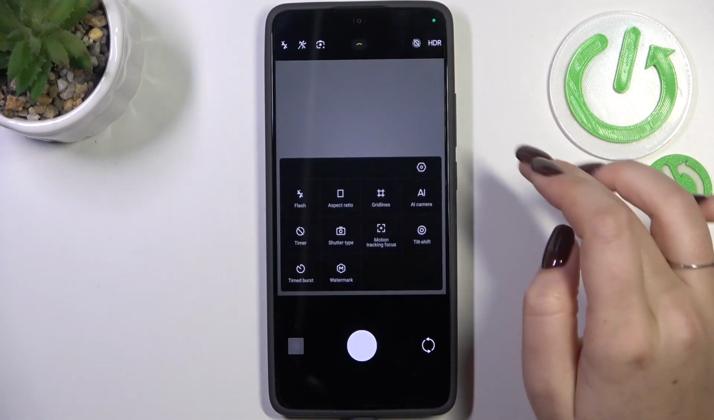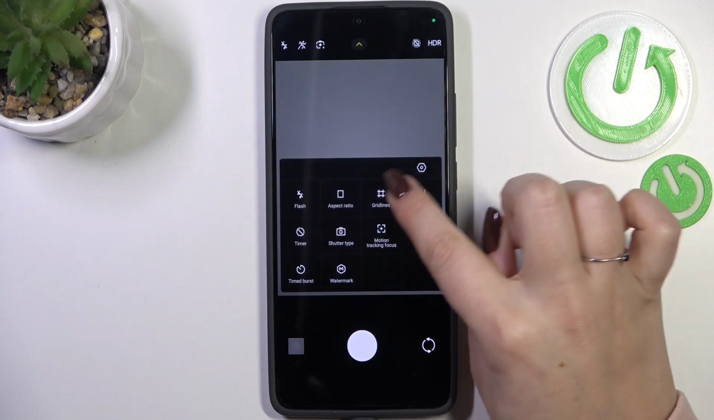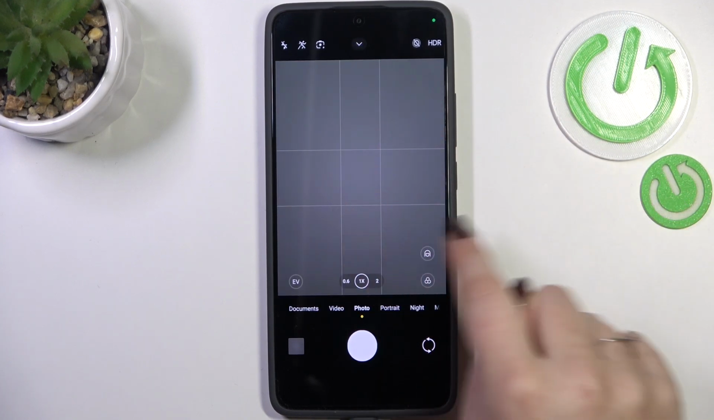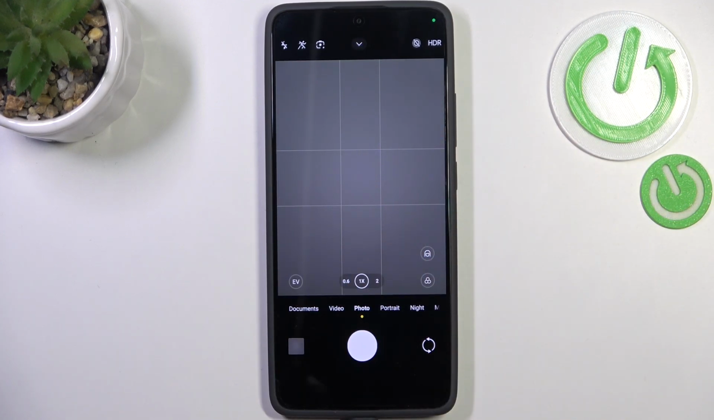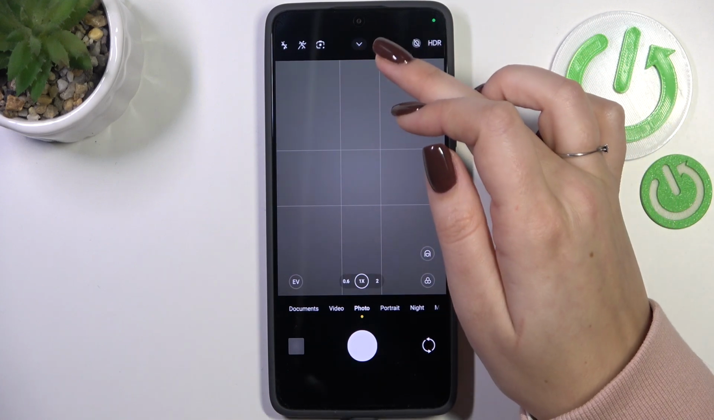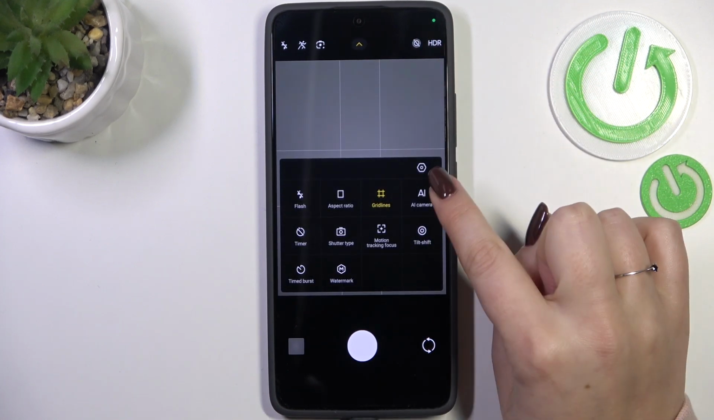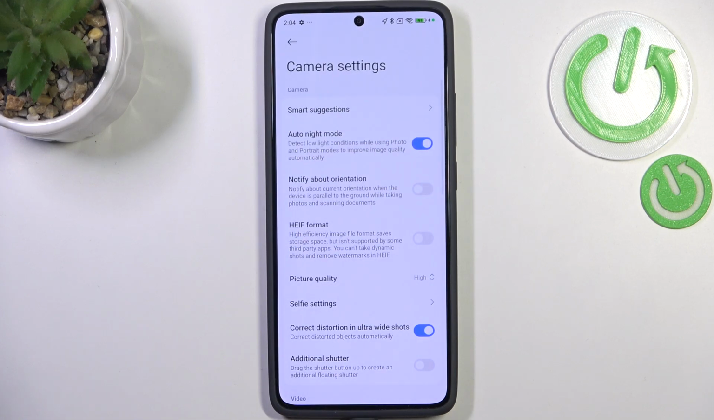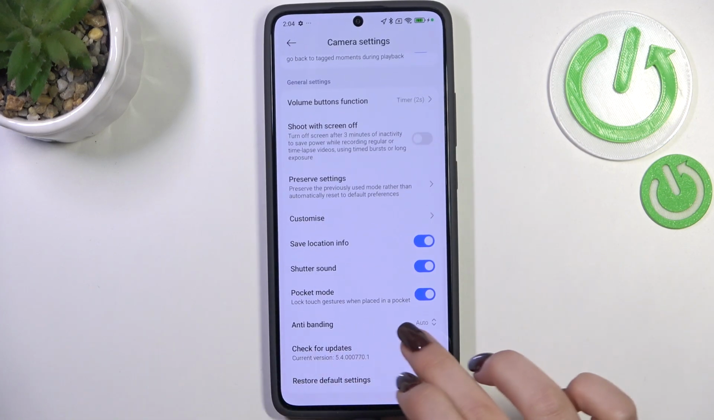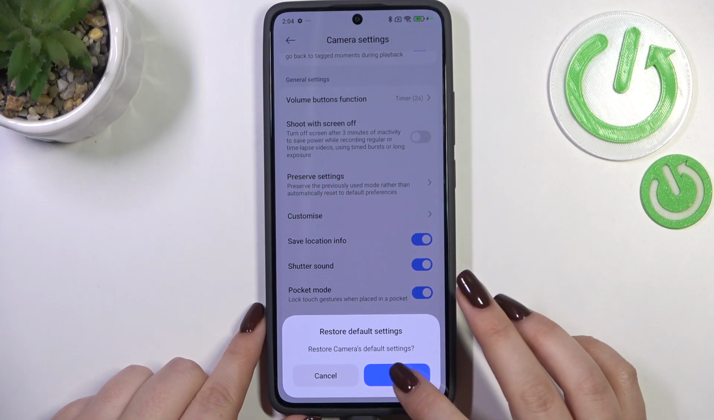Let me quickly turn on the grid lines, so the specific lines, as you can see, they have been immediately applied and basically they should disappear after resetting. So swipe your finger from the top to the center of your device and enter the settings in the right upper corner. Now let's scroll down to the very bottom and tap on Restore Default Settings and confirm it with